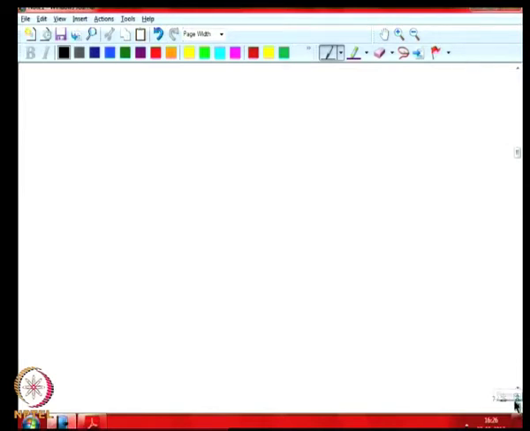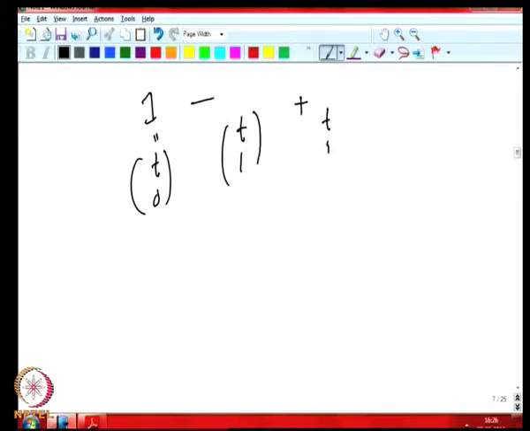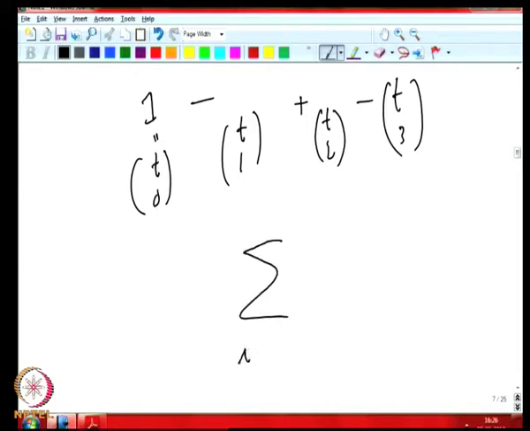So the first term will contribute 1, which you can take as T choose 0. Then the next term it will contribute a minus T choose 1, and then the next term it will contribute a T choose 2, and the third term it will contribute minus T choose 3. Why? Because that is sets of this form AIJK,